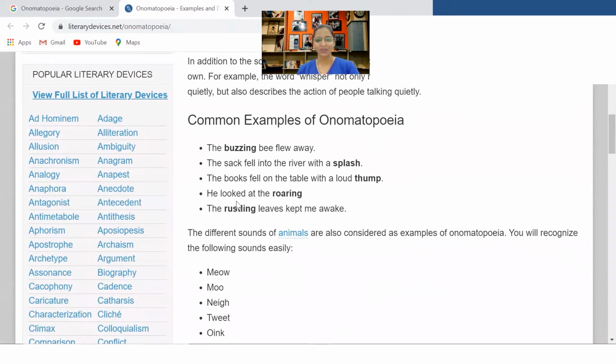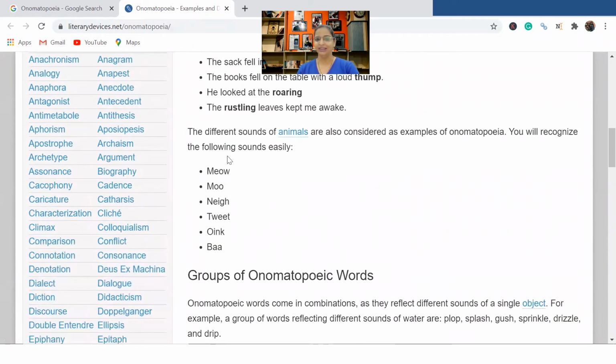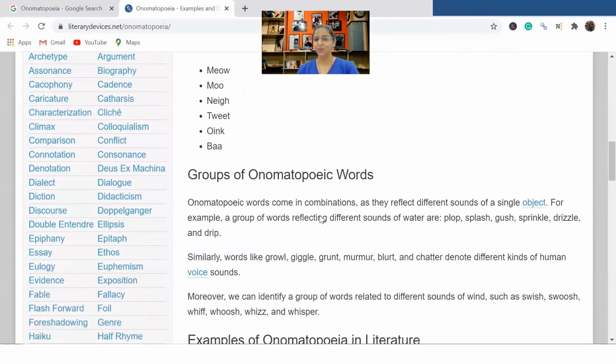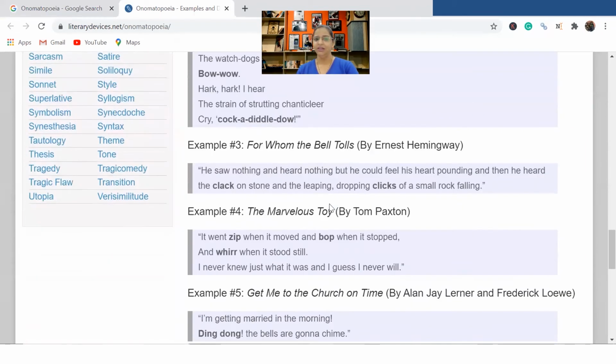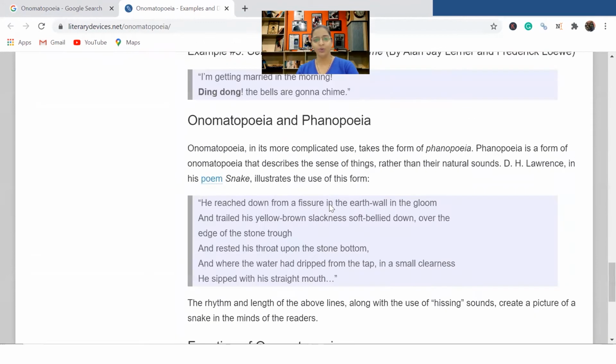What is the sound of the water? Loud thump, roaring, rustling, different sounds of animals, groups of onomatopoeic words, everything is available here. Always try, if you're trying to create a sound in your story, in your content, to touch the ears of the reader.